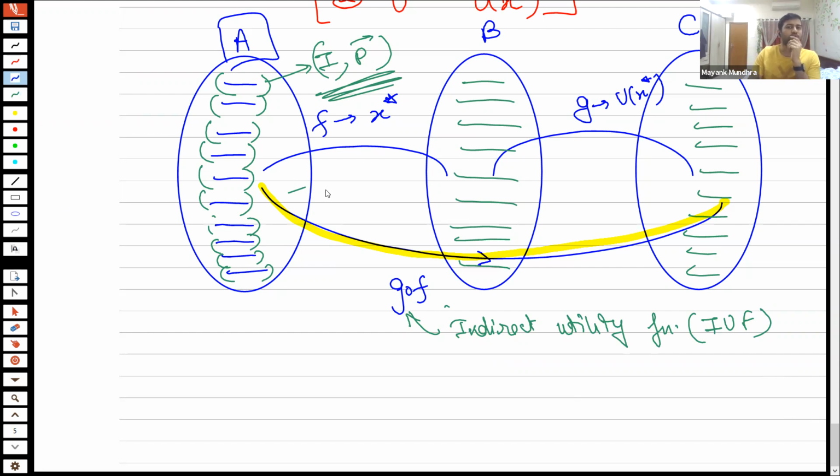So how do I find that? The steps are similar to using the Lagrangian. It's just that I will not give you the I and P values. You'll keep them as unknown. So let us take the same example as we did earlier, xy square. Suppose utility equals xy square. In this case, I'll not give you px, py and I values. We'll keep them as unknown constants. Okay, so these are not variables, but they are constants. Still, they are unknown to you. The benefit of keeping them as unknown constants is that you can put different values of I and p depending on which individual you are studying, and accordingly you will get the final result.